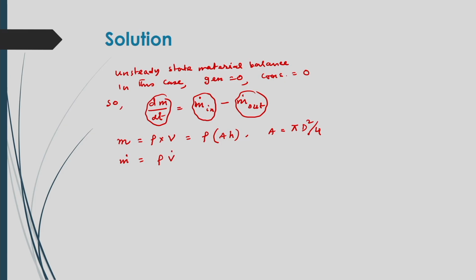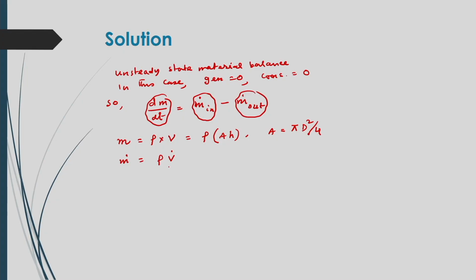What does it mean? That is the mass per unit time that is accumulated inside the tank. That will be based on the volume rate that is increased or decreased inside the tank. So, that can be obtained just by rho into v dot,